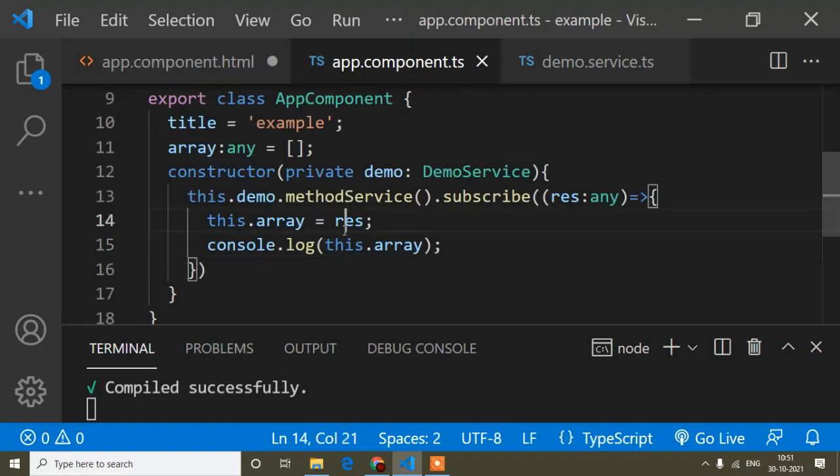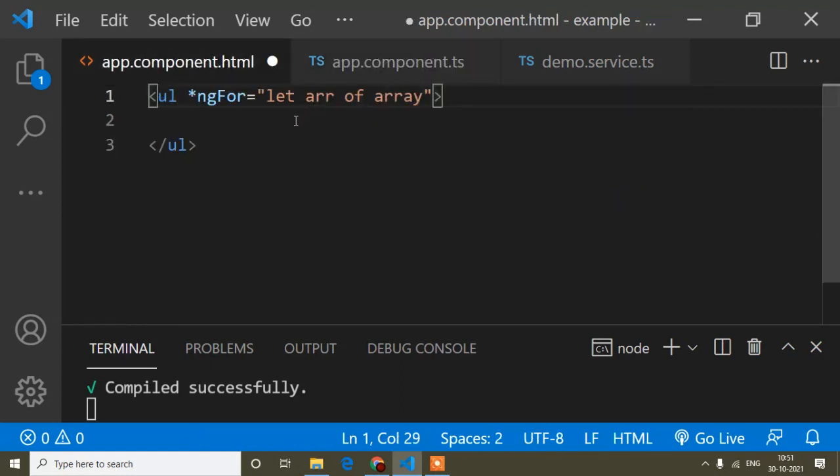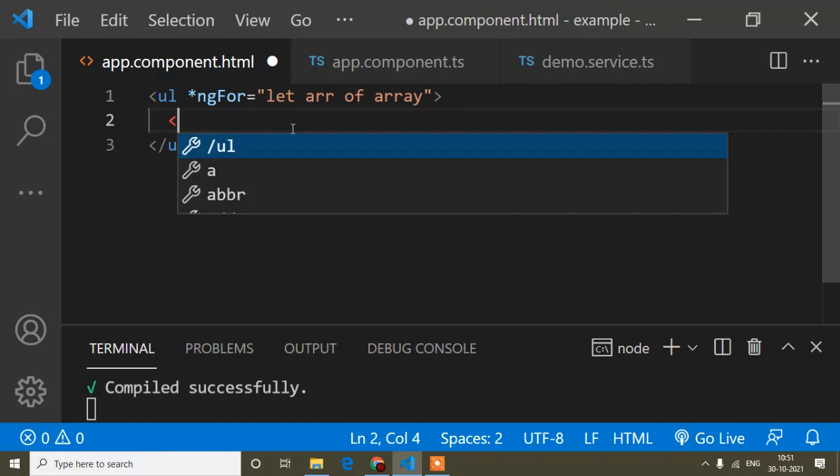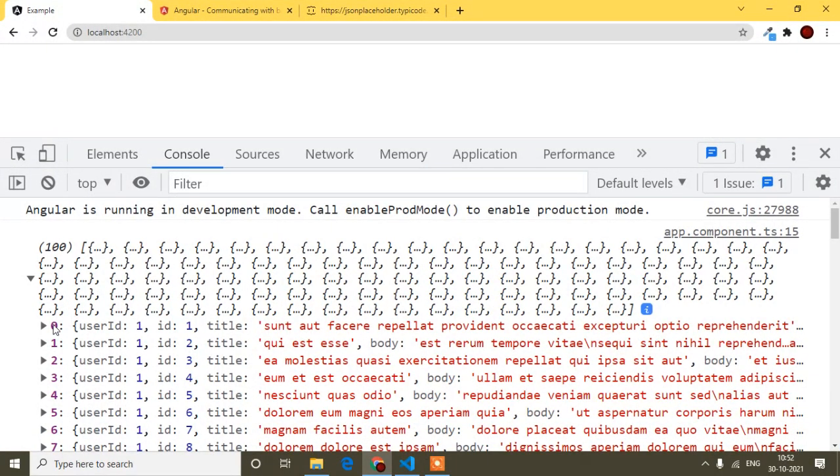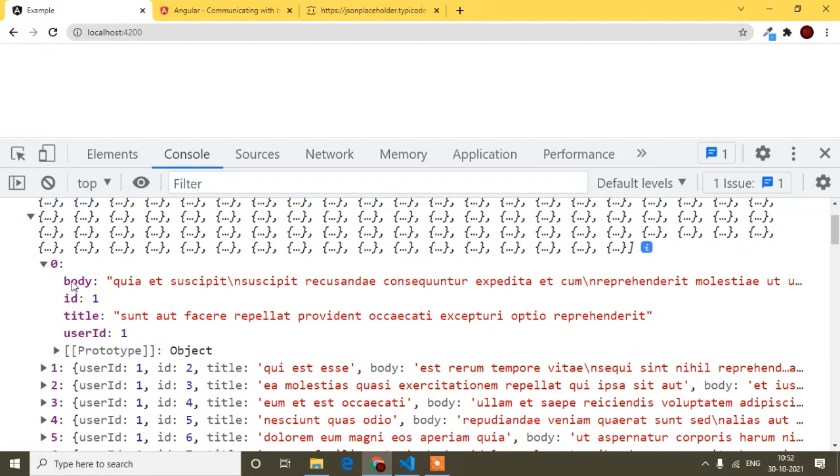This data response I'm storing in this array variable, so I will copy this array and paste it here. Now the li tag, with double curly braces for binding. ARR, first you can see what I'm getting. Here you can see body, ID, title, user ID.